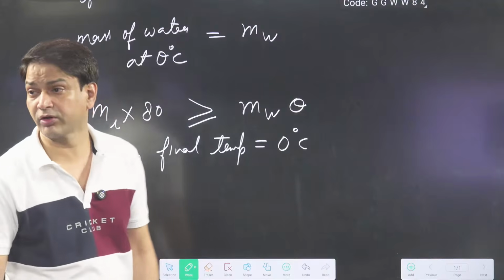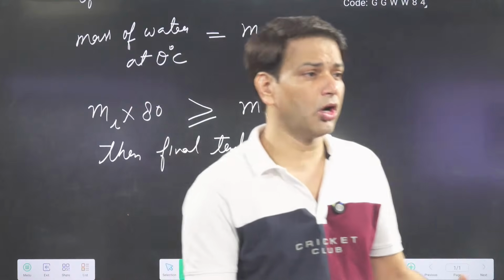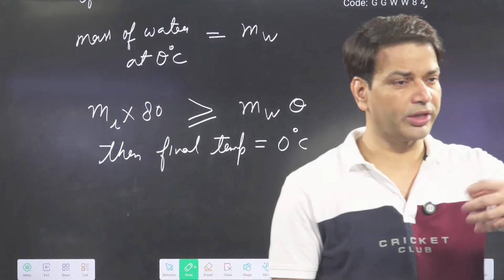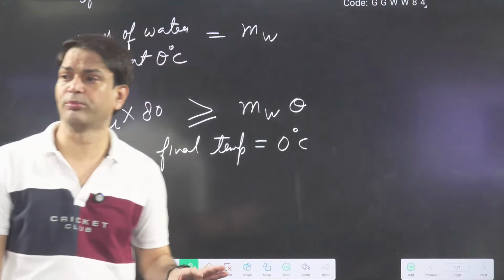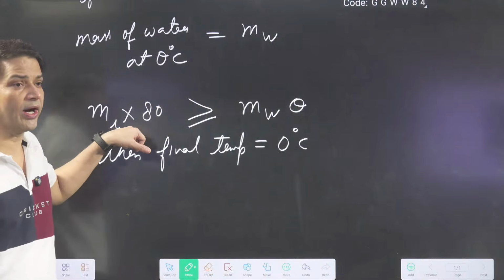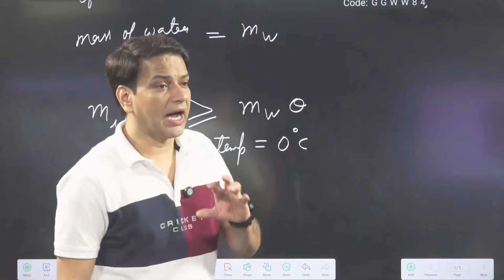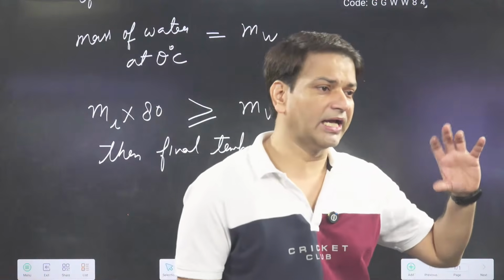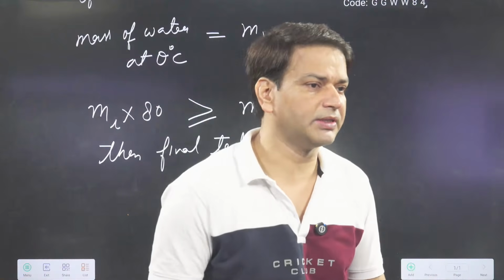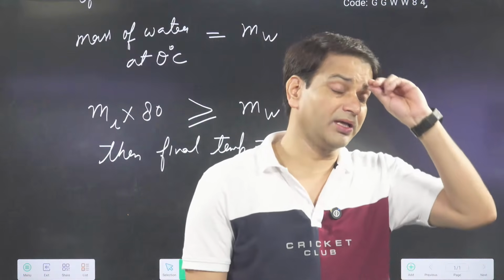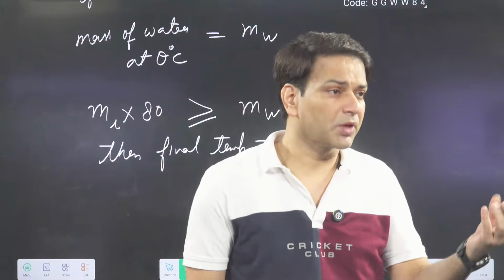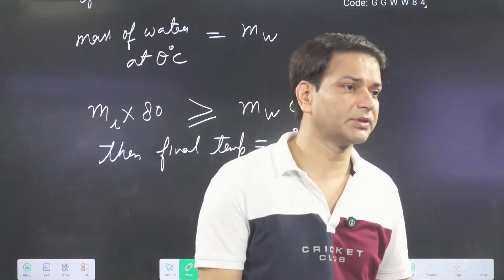Then the final temperature will be 0 degree C. Why? Because the ice requires more heat to melt. Then what will happen? Completely the ice will not melt, and the final temperature will be 0 degree C. So if only the temperature has to be found, by this we can check whether the final temperature will be 0